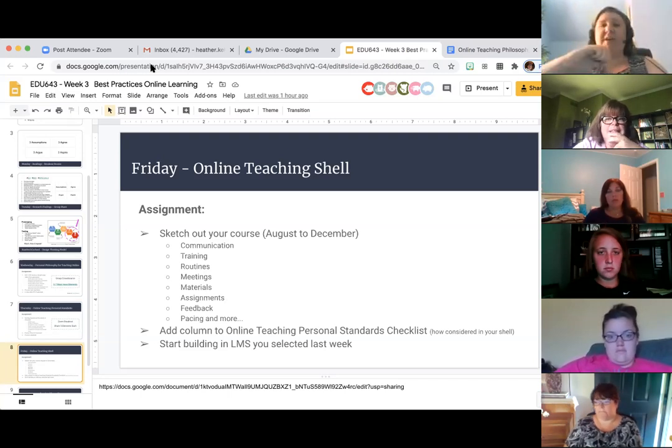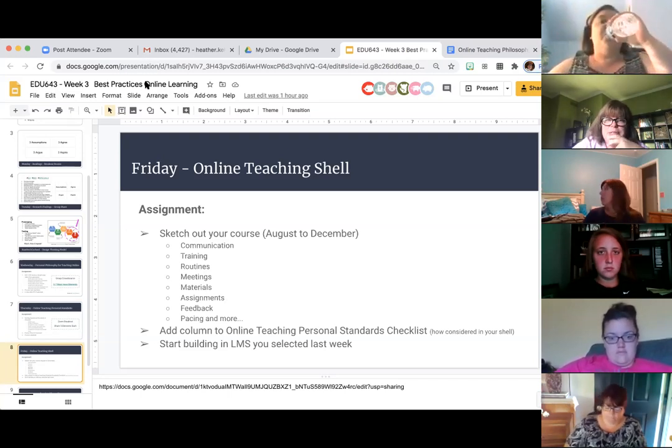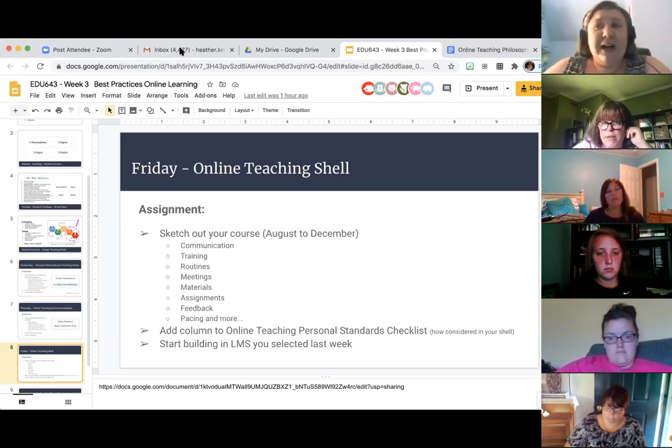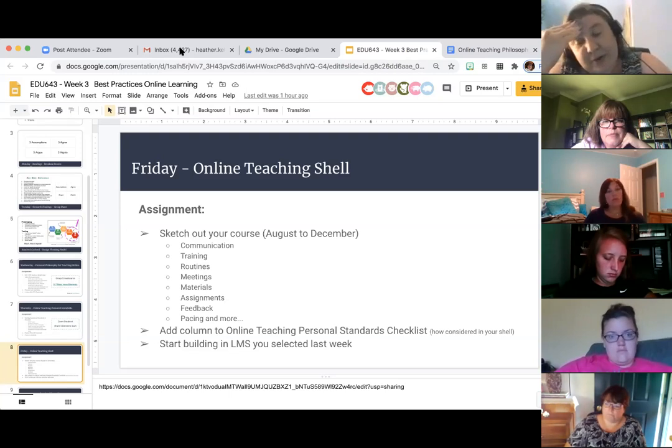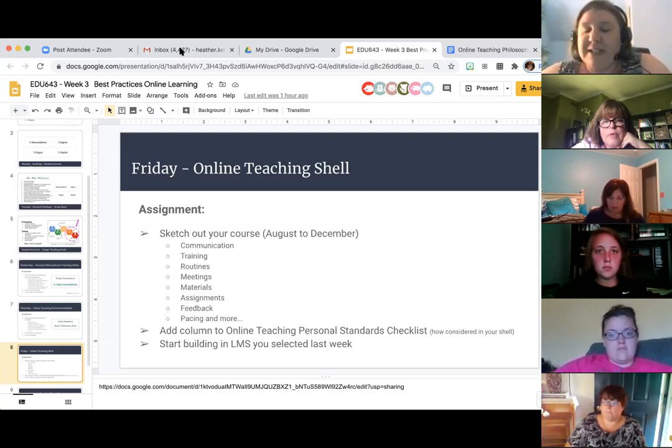For the shells, it's going to be interesting to see how you take that checklist and get that layout organized. Does anybody have any fears, concerns, or worries about that, or are you more excited to get in there and play around? I'm not really understanding what you're looking for. We've been talking about it on Facebook, and I don't understand what you want.